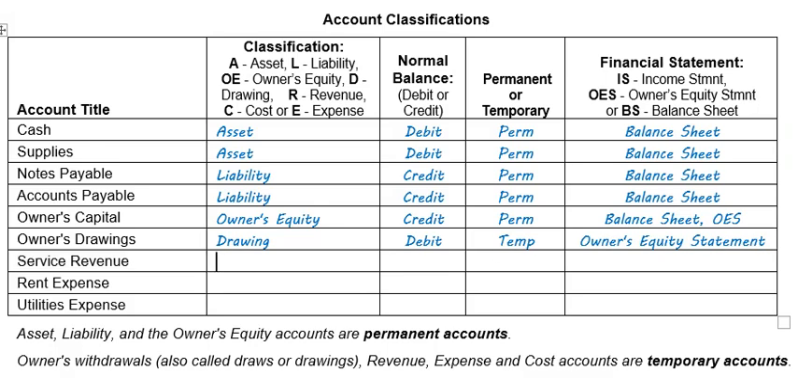Next, we have service revenue. That's money we earn when we sell a product or we perform a service. It's a revenue account. Now let's think about this. What do revenue accounts do to my owner's capital? They increase my owner's capital, so they're going to have the same normal balance as my owner's capital, which is a credit. It's a temporary account because we close it at the end of the period, and our income statement